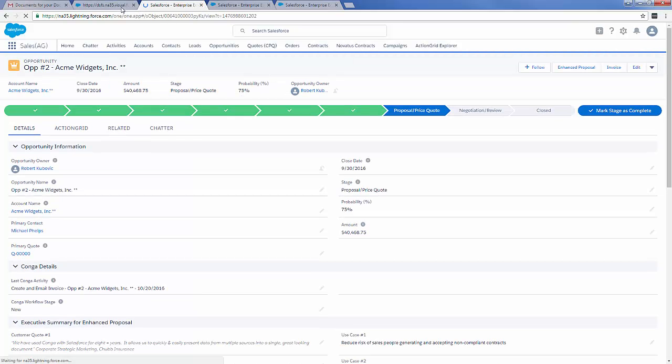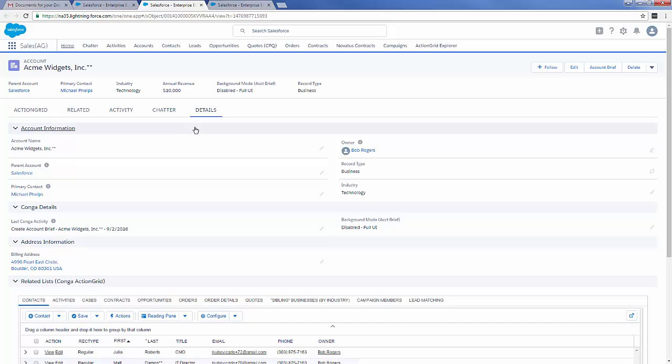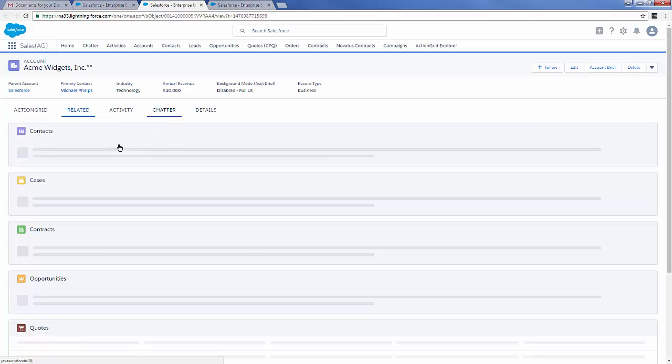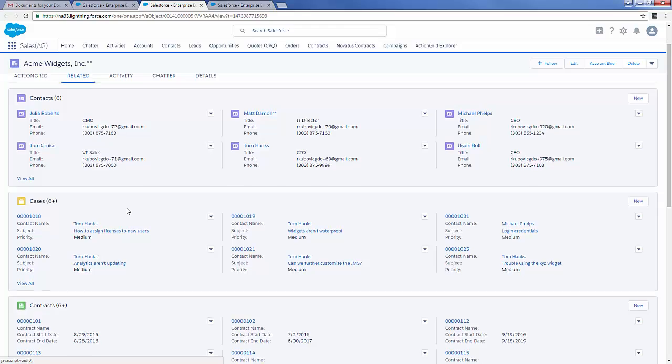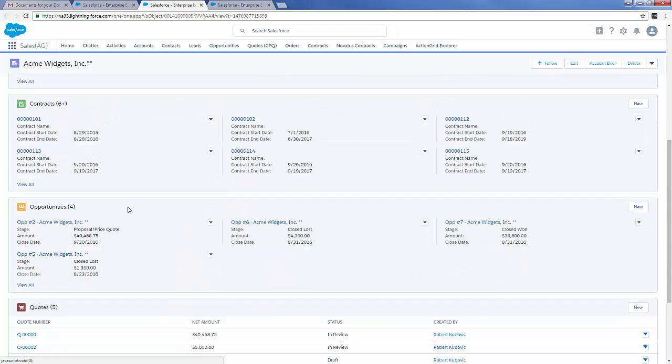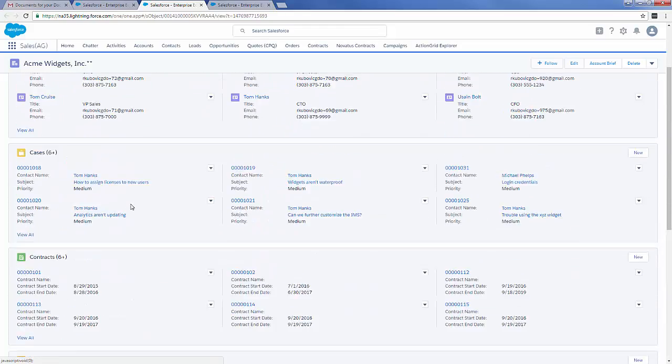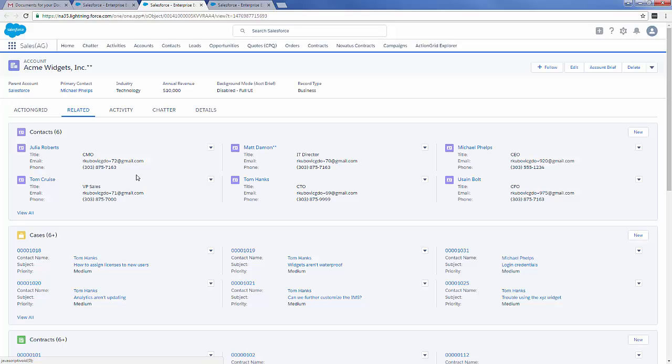So the next example is an account brief located on the account. The nice thing about an account is that it has many things related to it, in this case contacts, several different cases, contracts, opportunities, and quotes. Conga can actually merge in information from multiple related lists in a single document. So here I'll click that account brief,